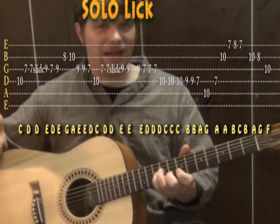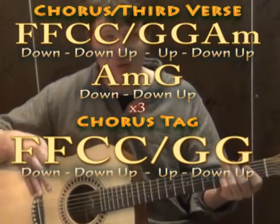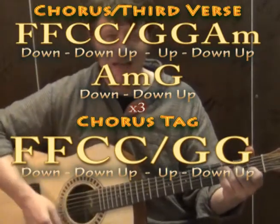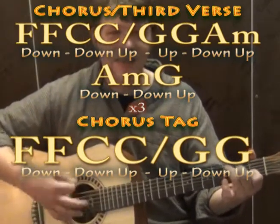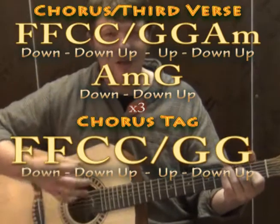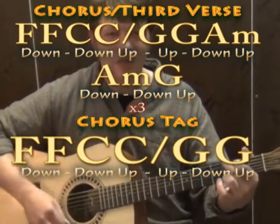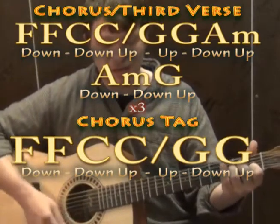Something kind of a cool thing to add too is just kind of work on the solo. But then from there we'd be going back to our chorus part. So we got our F down, down, up, down, up, F down, down, up, down, C down, down, up, down, C down, down, up, down, G down, down, up, down, G down, down, up, down, A minor down, down, up,